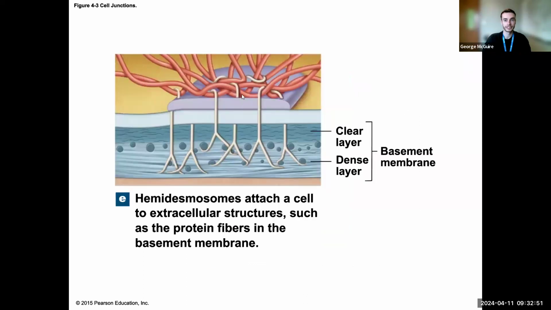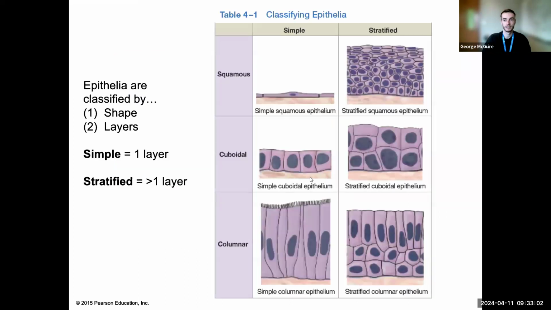And then at the basal surface, we have our half desmosomes, these hemidesmosomes, which are going to connect with the connective tissue in that basement membrane. So all these different structures help hold our epithelial cells in place, either to the connective tissue underlying it or to its neighboring cells. So classifying epithelia, so these different names that we have for different types of epithelial cells,